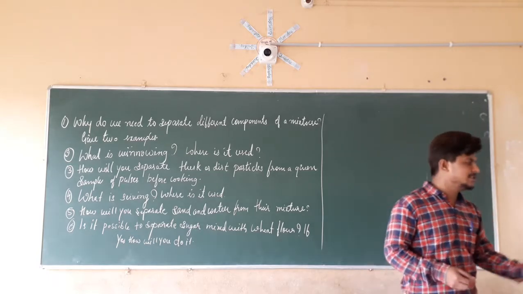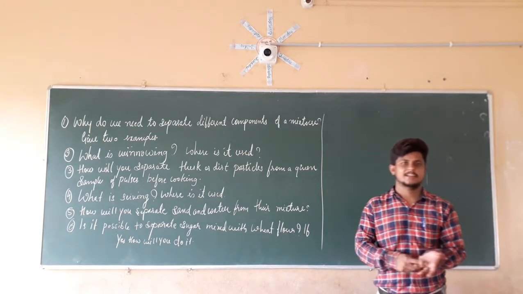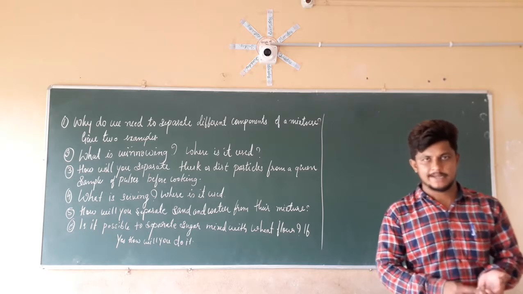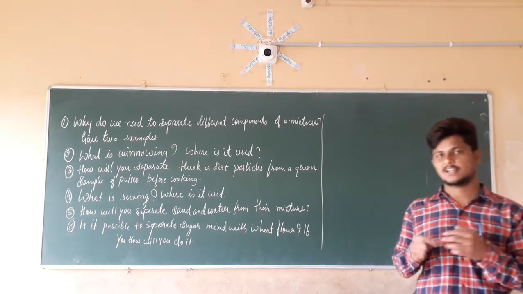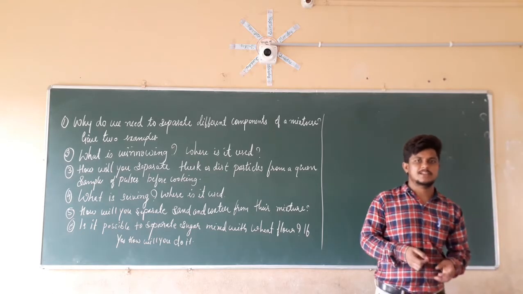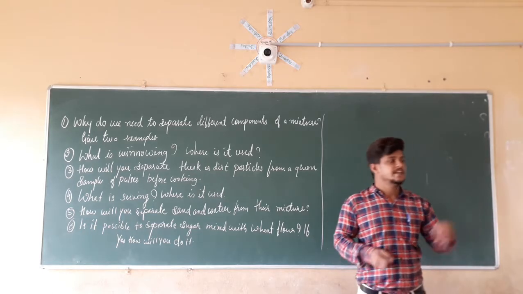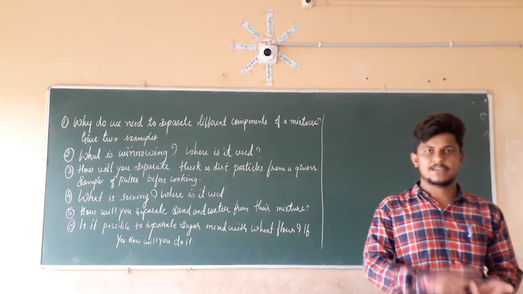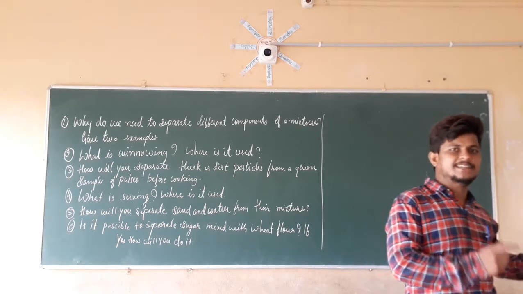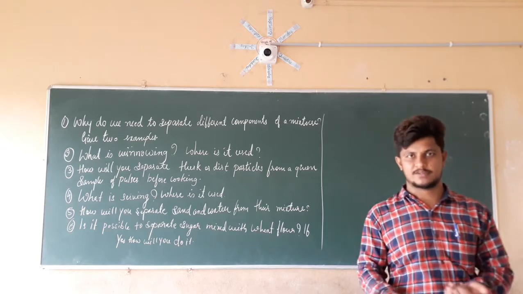In the same way, soil contains iron, soil particles, dust particles, plastic particles, everything, and it contains bacteria. So soil is also a mixture. Air is also a mixture. Why? It contains all types of gases. So a mixture is the combination of two or more substances.